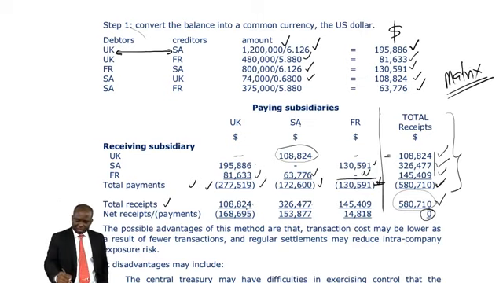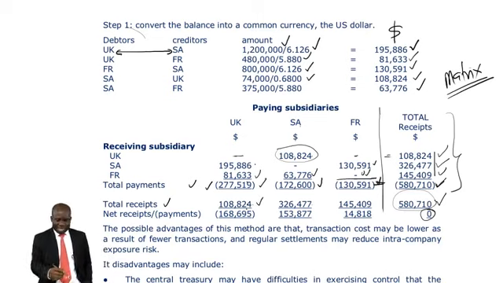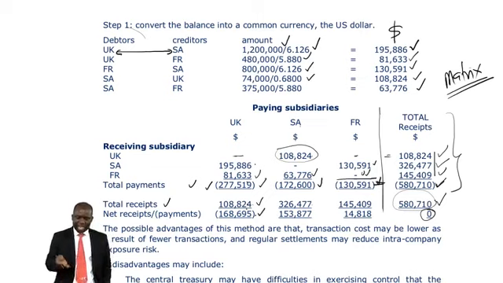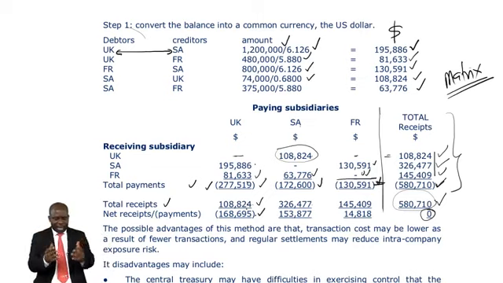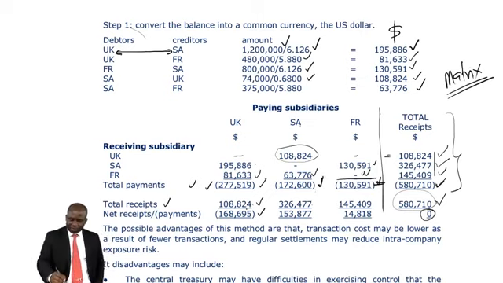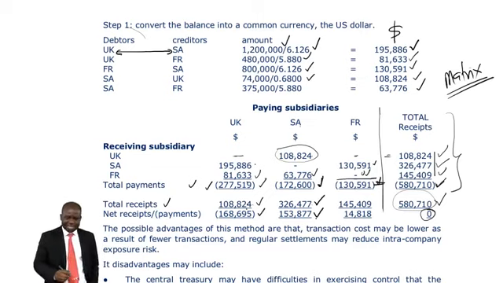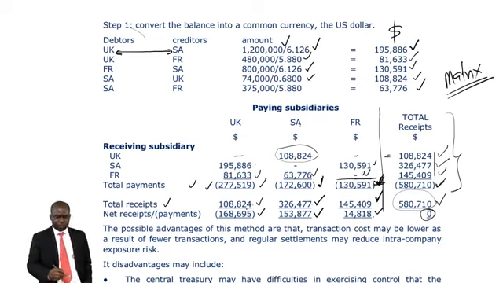UK paid a total of that. It received a total of that. Therefore, there is a net payment of that. If it's a net payment, you put it in bracket. South Africa paid a total of that. They ought to receive a total of that. So there is a net receipt. Here too, the same thing. Here they pay that and they receive this. This one will give you